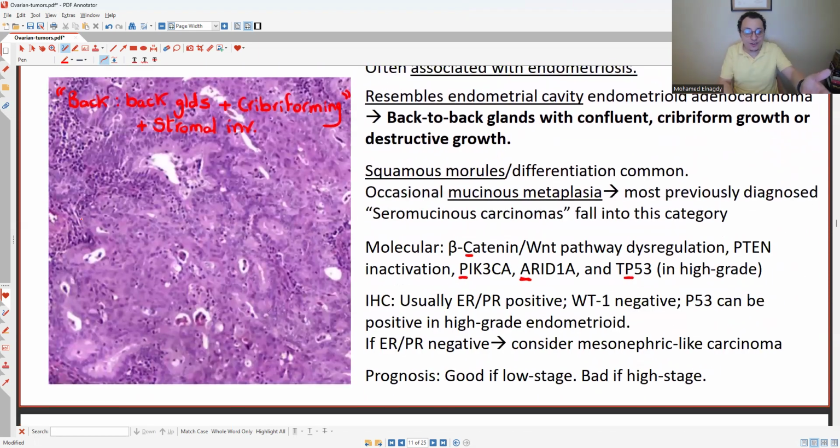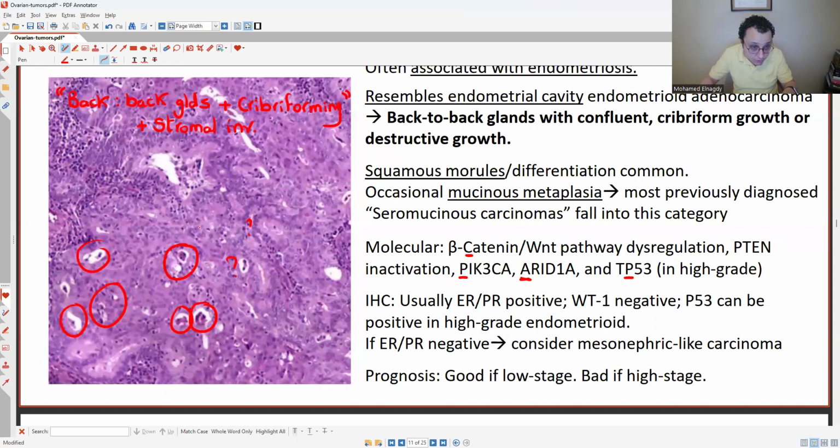However, endometroid carcinoma is the exact same picture you see in the endometrium. Back-to-back glands, cribriforming, no intervening stroma in between, and invasion of the surrounding ovarian stroma. See these glands? This is nearly fused glands, to the point that you see the cribriforming. That's what we mean by cribriforming, with back-to-back, fused glands, no stroma in between these glands,